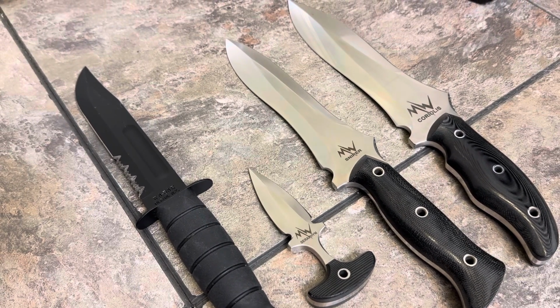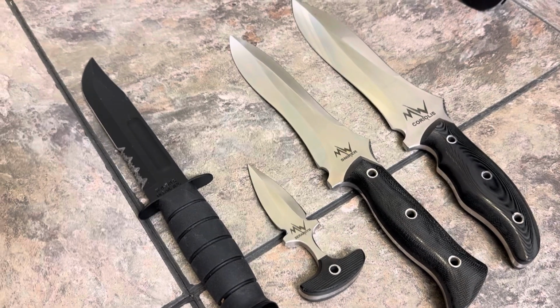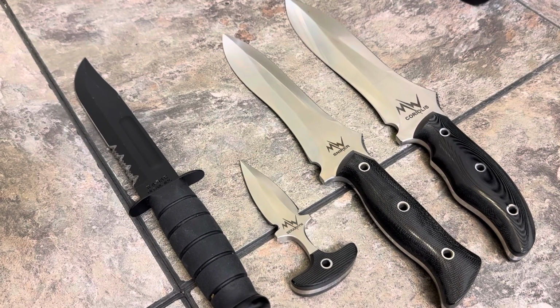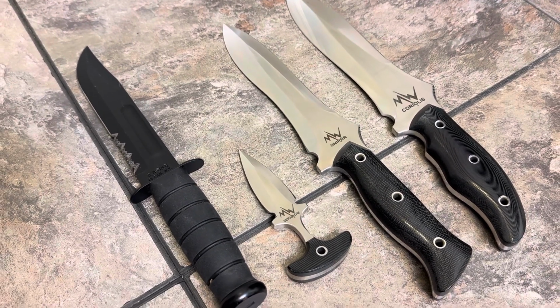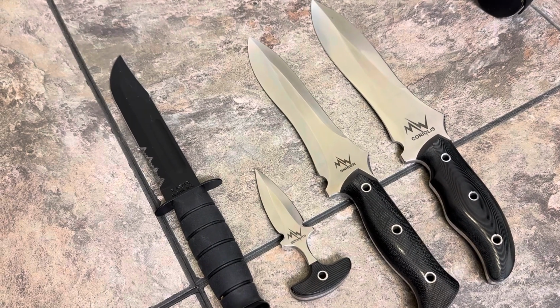They weren't really drawn to the public because they only have one purpose, and that is for self-defense or killing. They're not utilitarian knives. They're specifically meant for self-defense and taking an opponent out. They didn't really have a niche market with the public, because obviously these blades are designed for